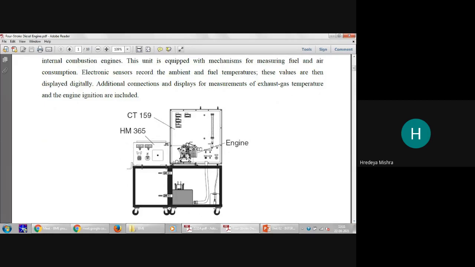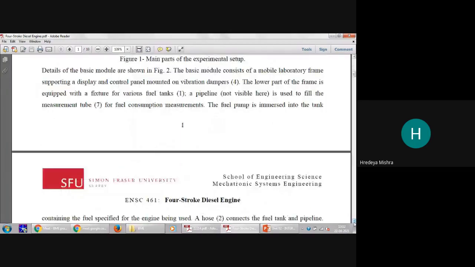See, this is the layout. Here is your engine. This is your machinery here, and all the setup is included here. When the engine is started and you get the proper selection and power is generated, you get the output for that. So I will just show you the main things.